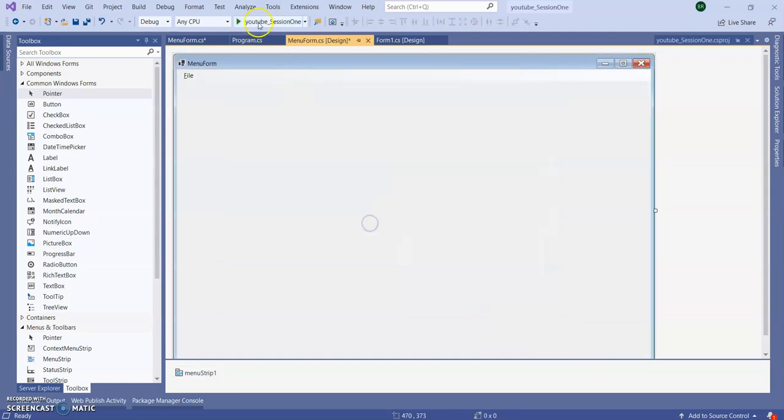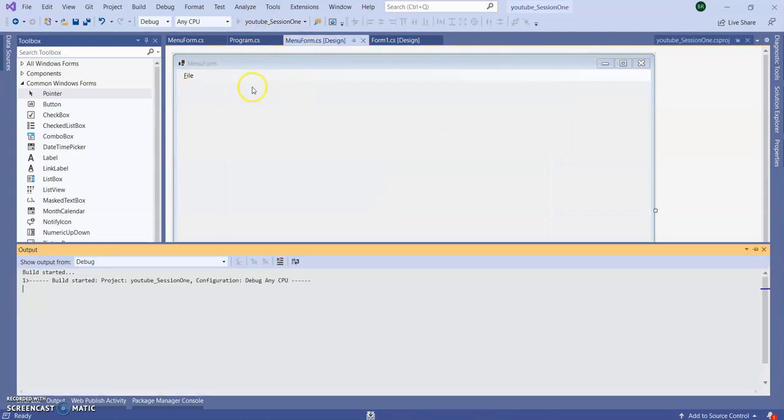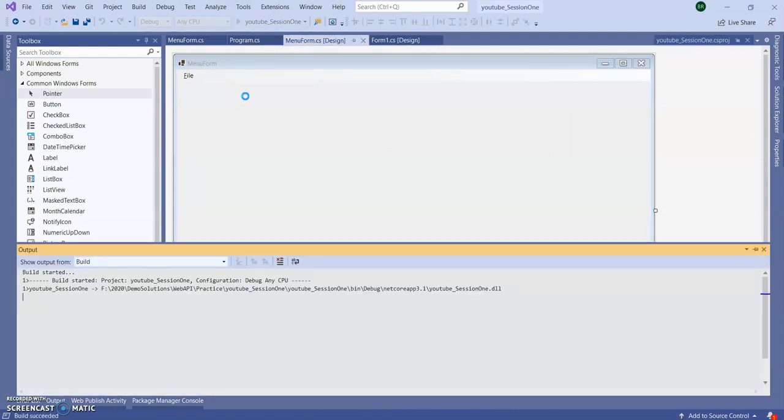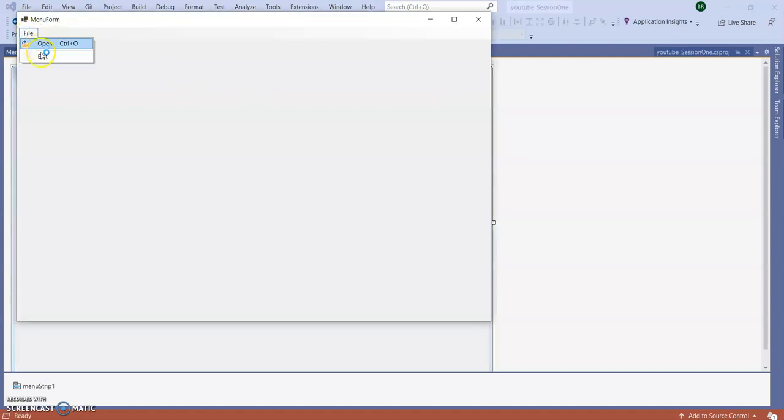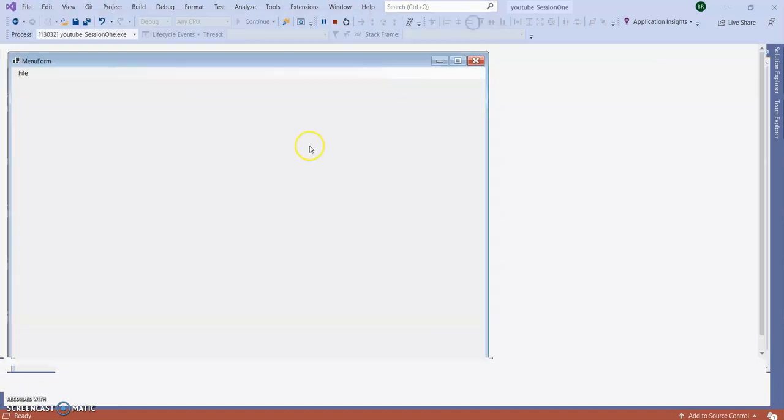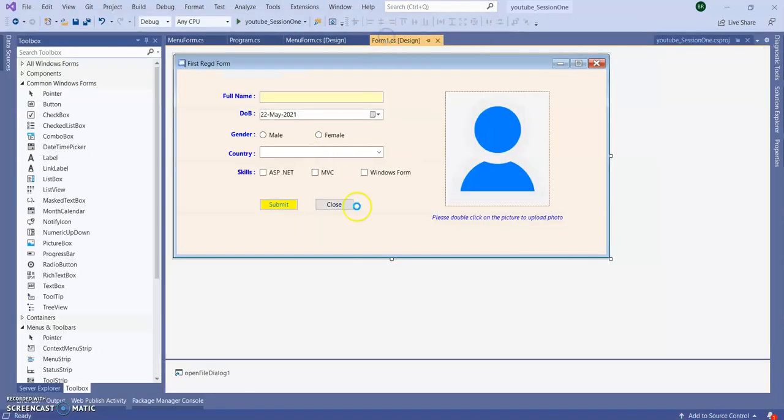Okay, now see only two items will come in our menu strip. Right, open and exit, but there is no event calling. Let's add an event for exit and open. In open, we are going to call our Form1. This is our existing form.